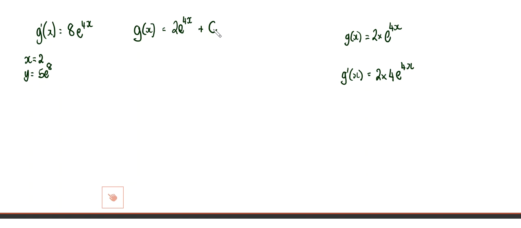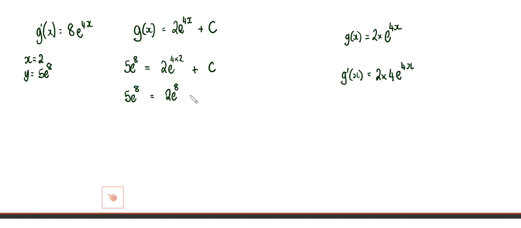What do we do now? Sub in. So x is 2, y is that? So I'm going to write 5e to the power of 8, that's the y value, should be gained by doing 2e to the power of 4 times 2, so 4 times 2, feel free to write that as 8 if you want, plus c, so 5e to the power of 8 equals 2e to the power of 8, that's nice